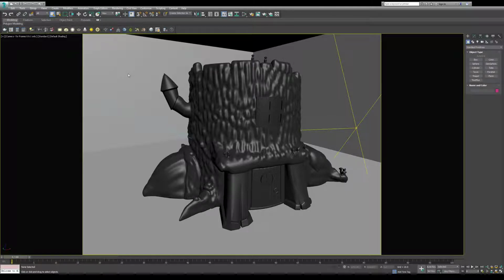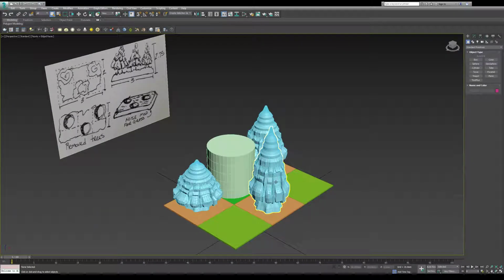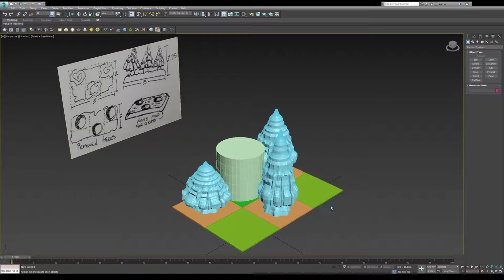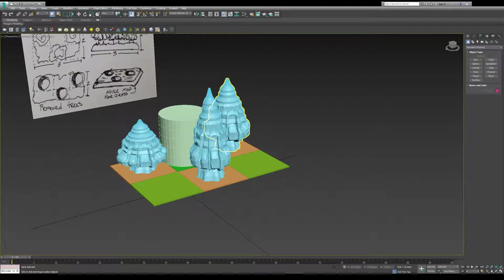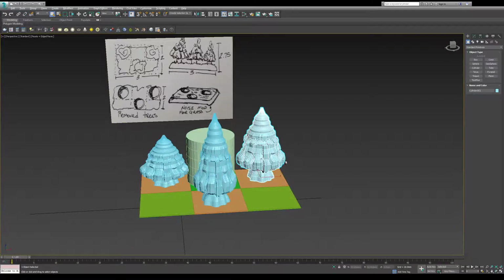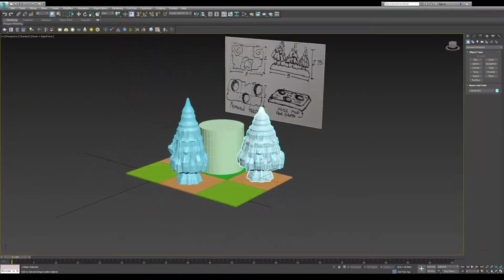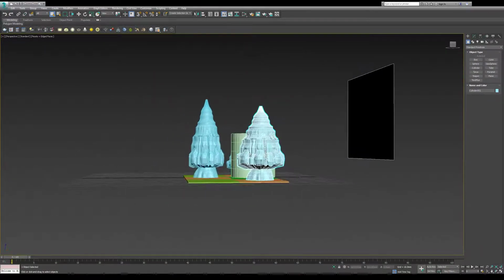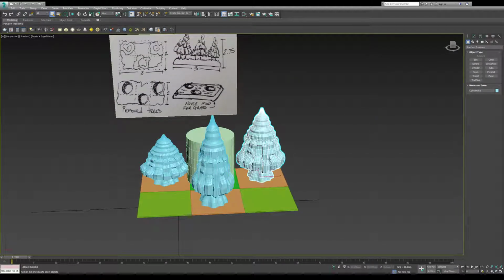And then we went in and did the forest cluster, which goes from this to this, and we still may look to use some of these trees here, but they're a little bit problematic because they just have a lot of unnecessary